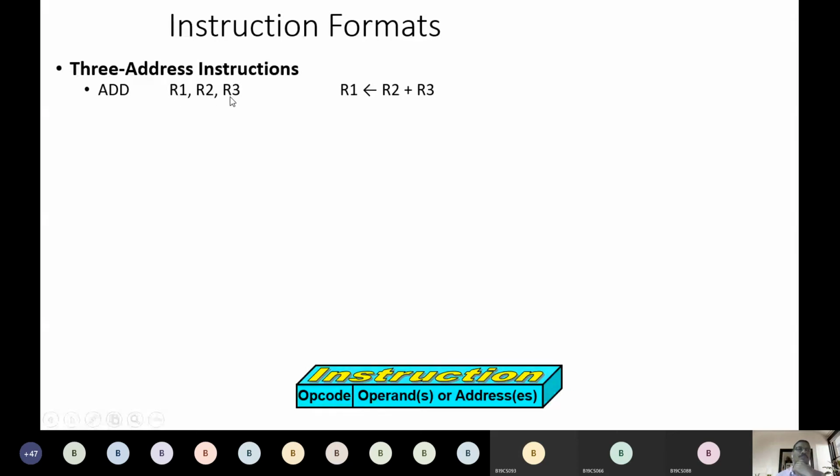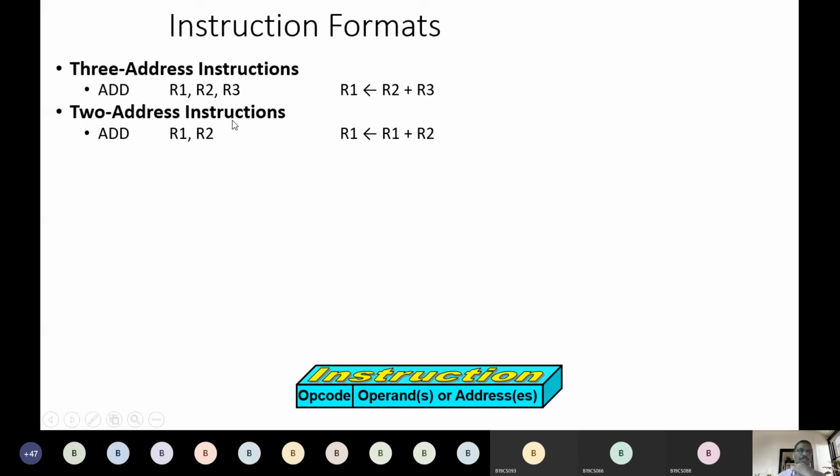Those are the processor registers. These are predefined names for the processor registers. Okay, so add R1, R2, R3 will do what? It adds R2 and R3 and stores in R1. So this is the explanation. The actual instruction is this, the assembly level instruction. This is the explanation of what is happening. Okay, so this we call a 3 address instruction, one format.